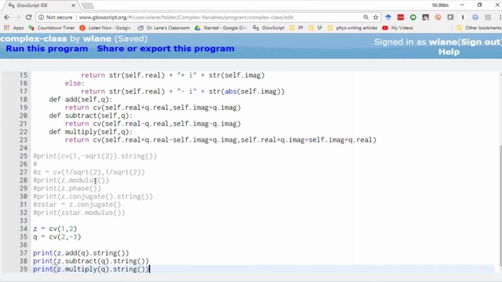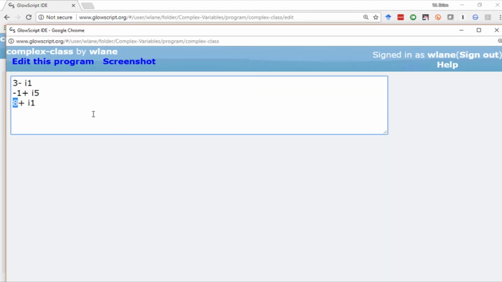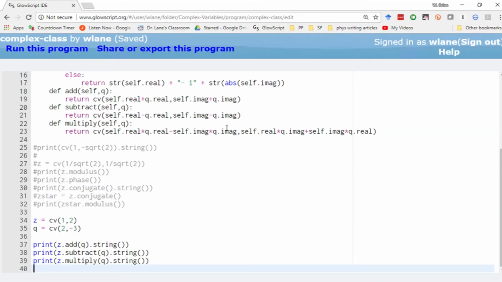And then I need to take the sum of the cross terms. So 1 times minus 3 plus 2 times 2. Well, 2 times 2, I always start with a positive number because my brain just works better that way. 2 times 2 gives me a 4, minus 3 times 1 gives me a total of positive 1, and that's what I end up with right here. There's one other trick I'll leave you with for this video. One of the cool things about complex numbers is that there's always more than one way to get the same thing. So when we take the modulus of a number,